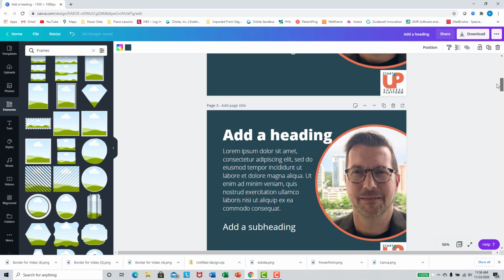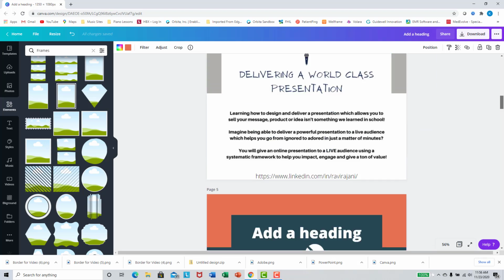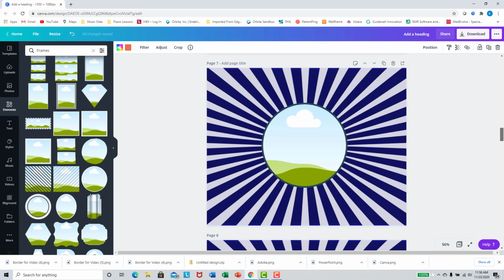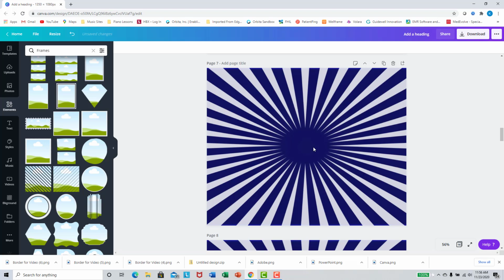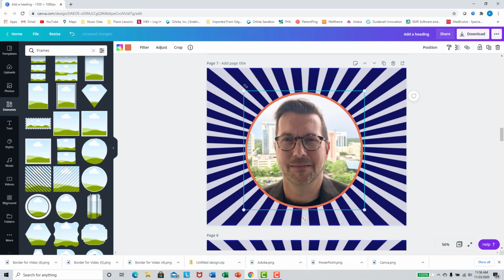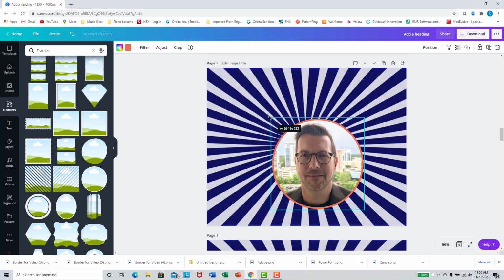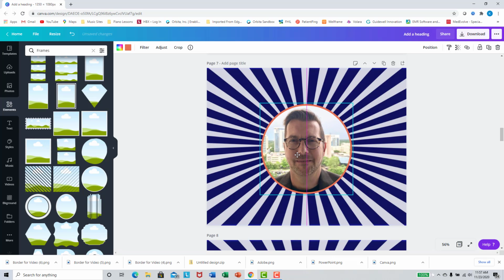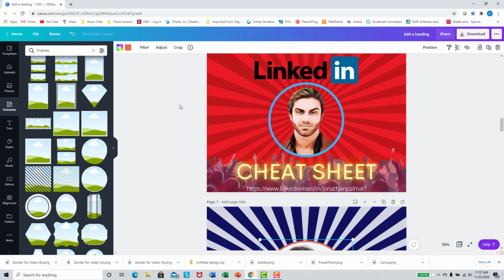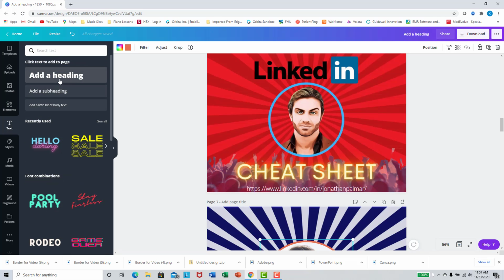Since I already did this, I can actually just copy and paste it, bring it down here. Sorry for all the scrolling. There we go. Resize it. And we've got that right in the middle. If we look here, all we've got is some text and a logo. So same thing here. We could just grab a heading,